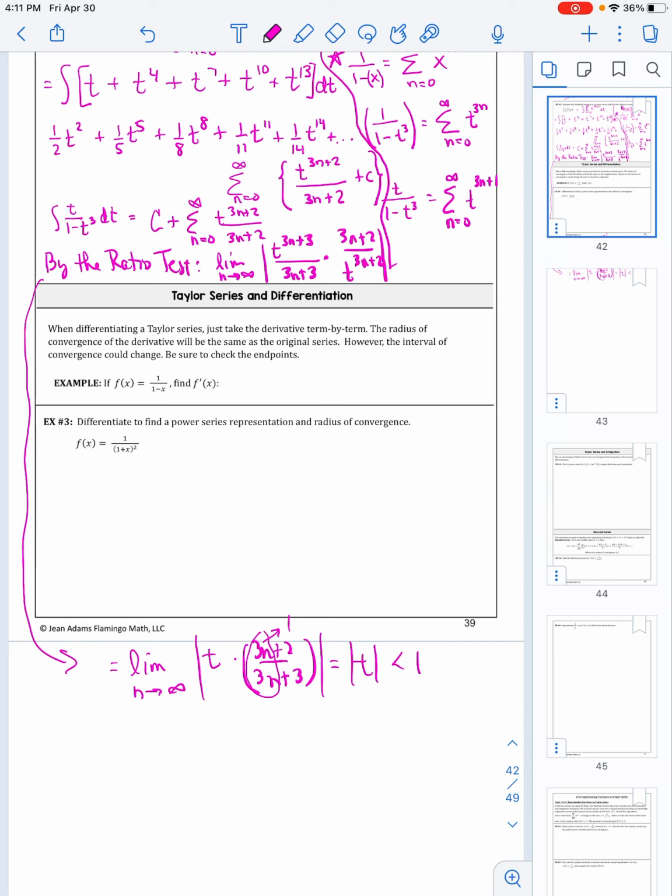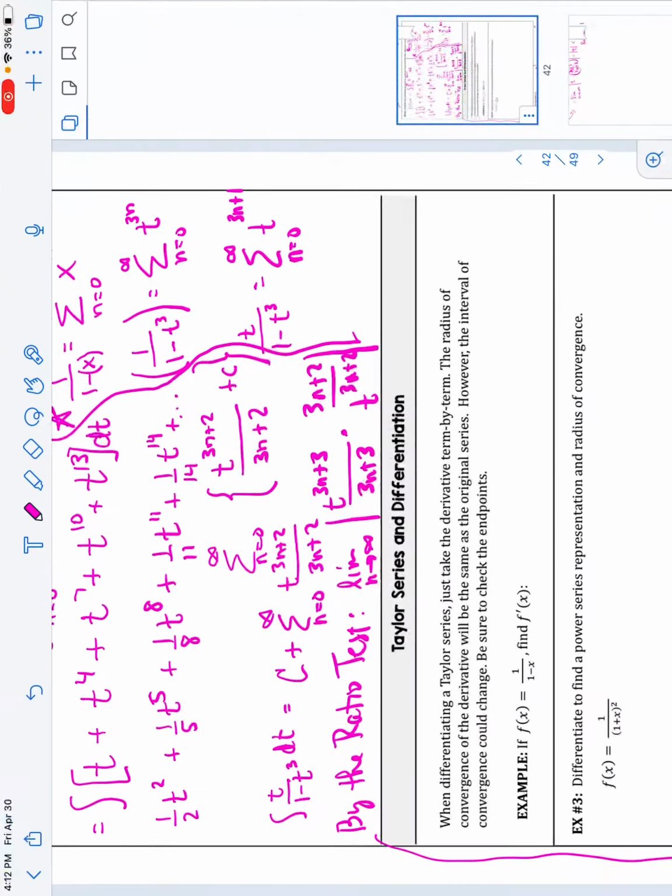And so as n goes to infinity, this becomes t. And so we should probably put our absolute value signs on. Absolute value of t has to be less than 1 for it to converge. And so the radius of convergence, that's using the ratio test, less than